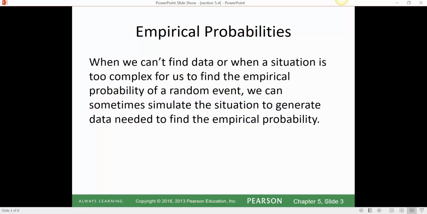For example, if I wanted to find the probability of a Toyota driving around Marion, Ohio, I could go out and record how many Toyotas are driving around Marion, right? But that might be really hard to try to capture, right? So a simulation could be useful,